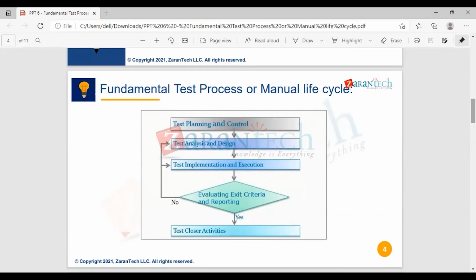So are you following me? Yes. So the stages: the first one will be test planning and control. Second one will be test analysis and design. Third one will be test implementation and execution. Fourth one will be evaluating the exit criteria and the reporting. If it is yes, so one by one I'll tell you. Test planning and control, nothing